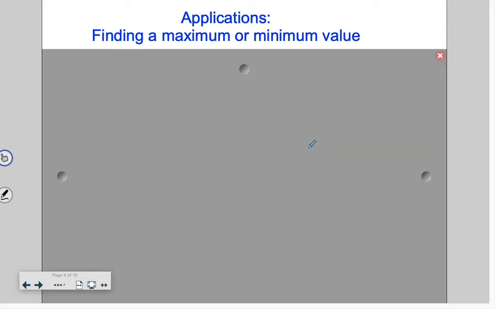When we start going into applications, the number one thing that you're probably going to find is maximum and minimum values, which means which point am I going to be looking for? The vertex, right. If you're looking for a maximum, more than likely your parabola is opening down, and you've got a high point on the graph. If you're looking for a minimum, it's probably the vertex at the bottom of the parabola. I will tell you in general, when you're dealing with maximum and minimum type problems, most applications of quadratics deal